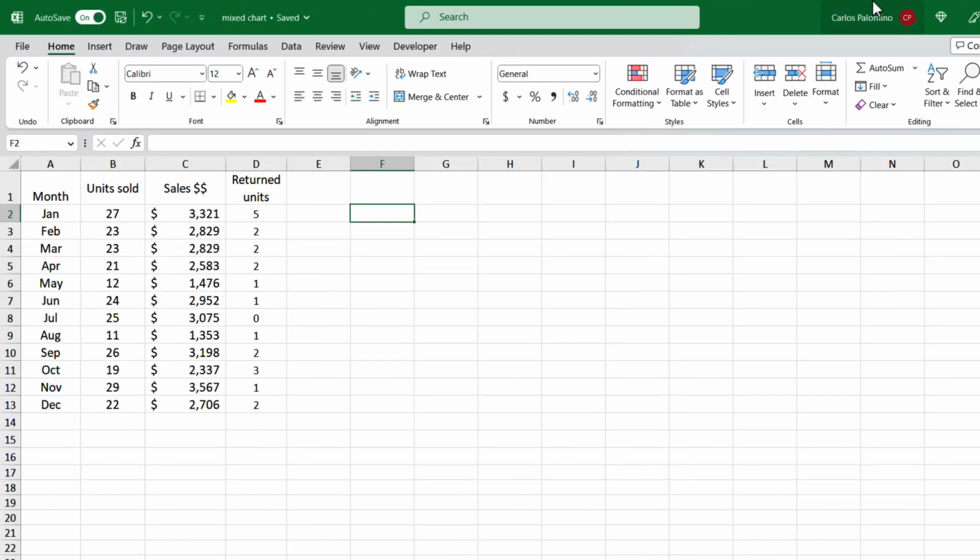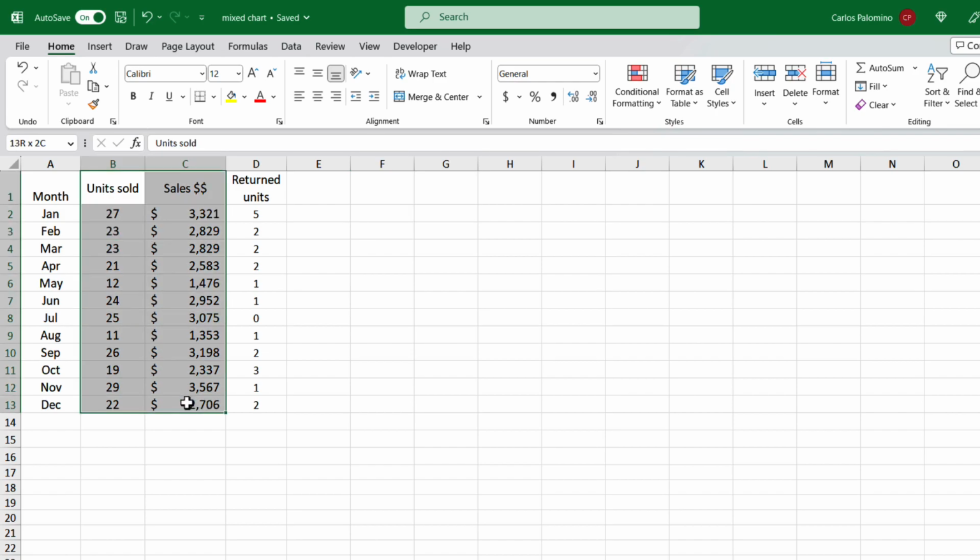This sample data contains the sales log of a fake company by month. On the columns, we have how many units were sold, the dollar value that was obtained from the sales, and how many units were returned per month. The task is to put a chart together with the units sold and the total dollar value per month. That should be simple, right?